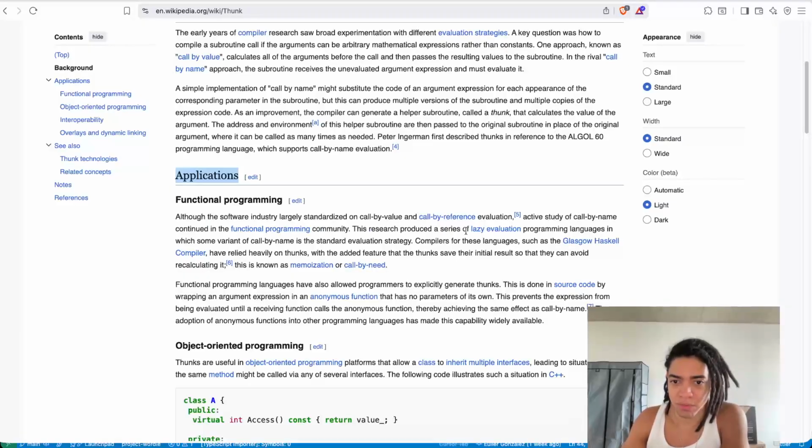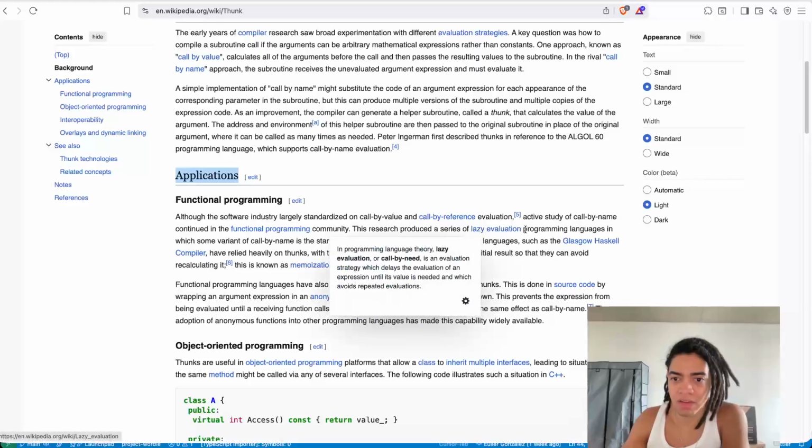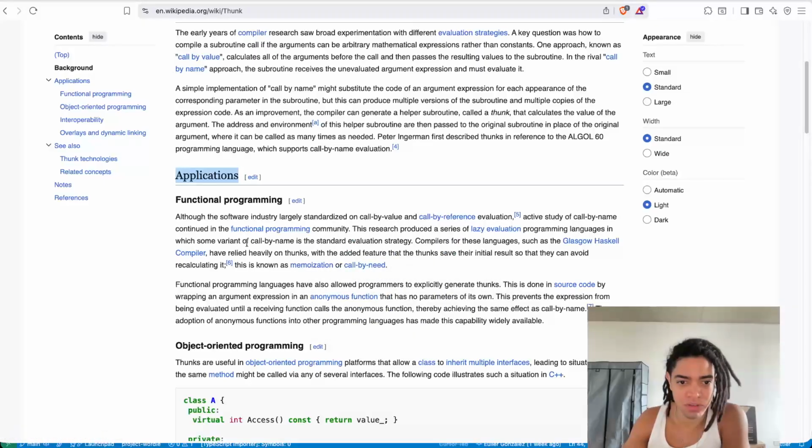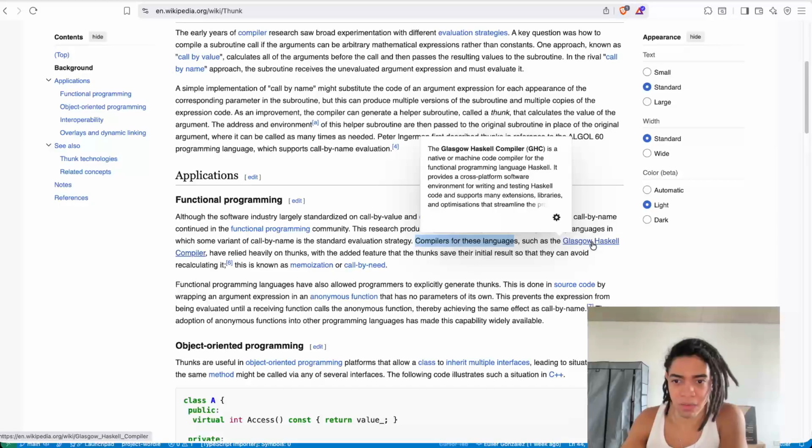This research produced a series of lazy evaluation programming languages in which some variant of call by name is a standard evaluation strategy. Compilers for these languages, such as the Glasgow Haskell Compiler,